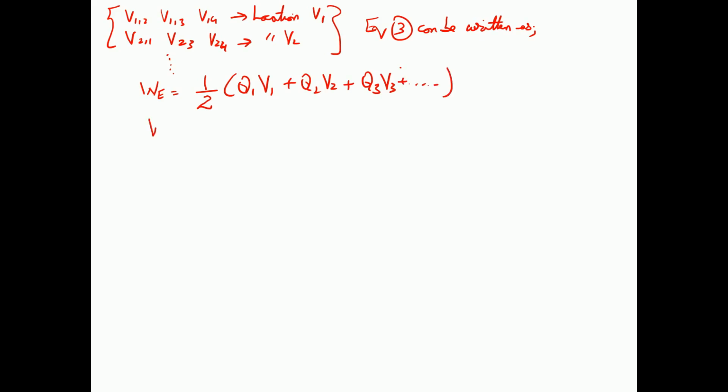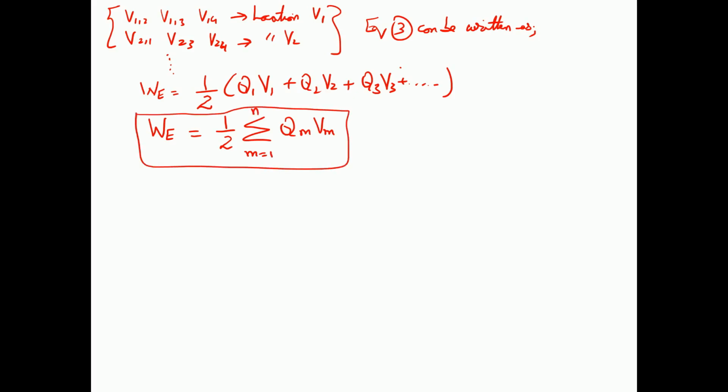This means that the final equation for the work done, in the form of energy of a discrete system of charges, is represented as 1 by 2, the summation of Qm with Vm, where m is from 1 to n. Let me call this equation 4, that is giving me the potential energy stored inside the system of